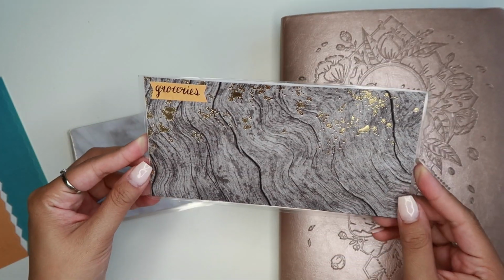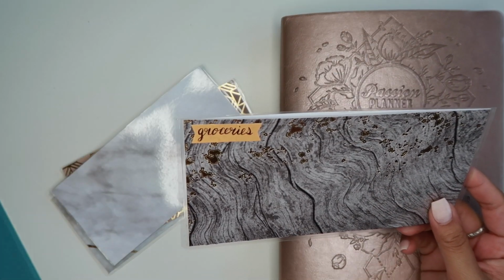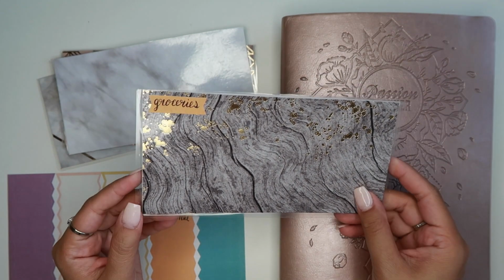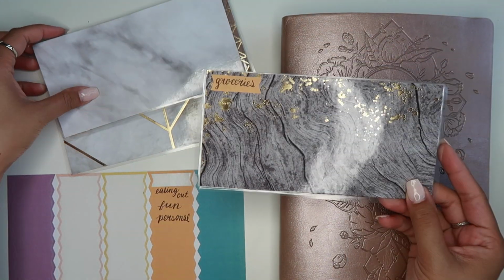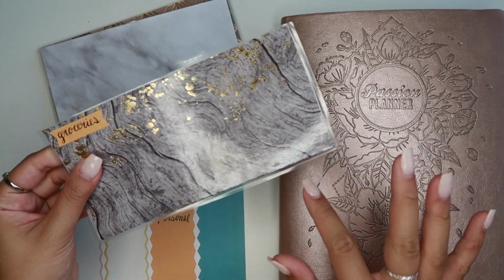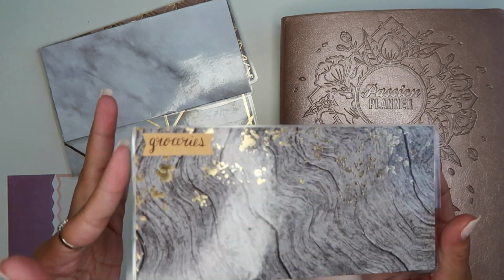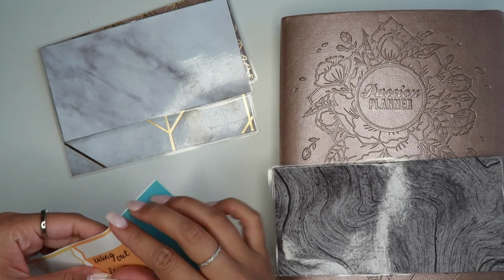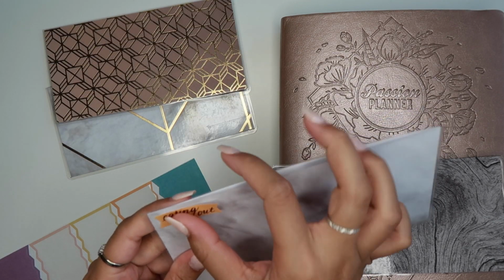And also, just a side note, you guys, I did run my envelopes through the laminator again. If you are making your own envelopes, using the link that I have down below, that's the video I followed to make these. I made these myself. But if you have made your own, just so you know, you can re-laminate them and reseal them, because sometimes they get a little crazy and kind of split open, but if you re-laminate them, they are good to go. All right, so we have groceries,